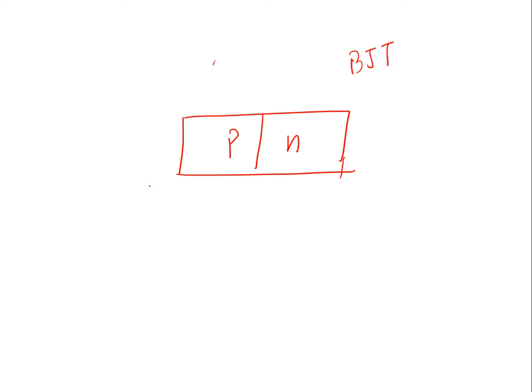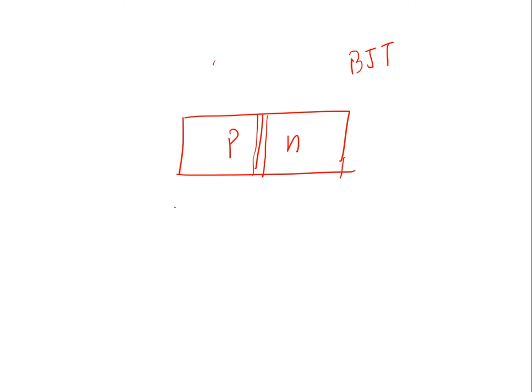Welcome back, class. So now we are starting our new chapter, which is about the bipolar junction transistor, BJT. So far in this course we have learned about the formation of diodes, how by combining two different semiconductor materials, for example a p-type material and an n-type material, we know that a junction will form here.